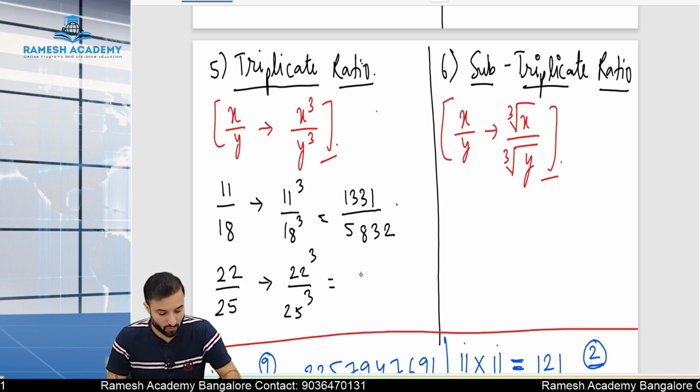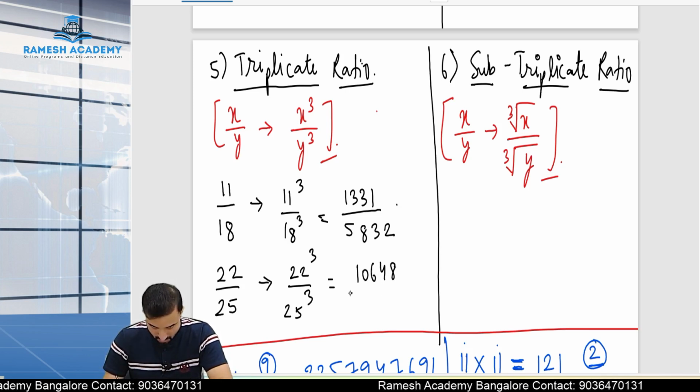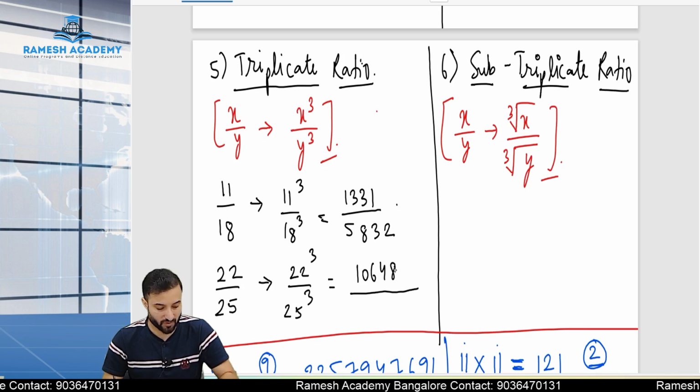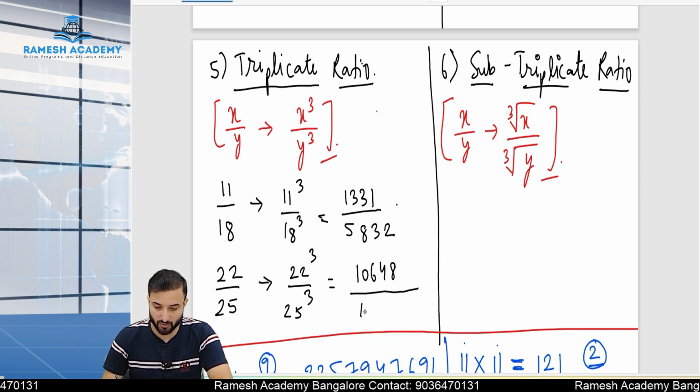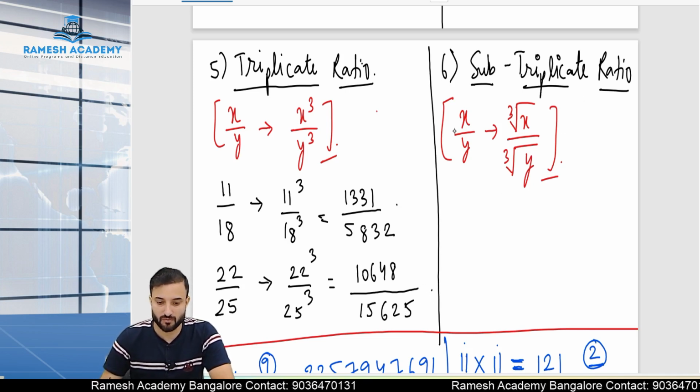So 22 into 22 into 22, it is 10648. Okay, next is 25 cube. So 25 into 25 into 25, it is 15625. This is a triplicate ratio. Okay,